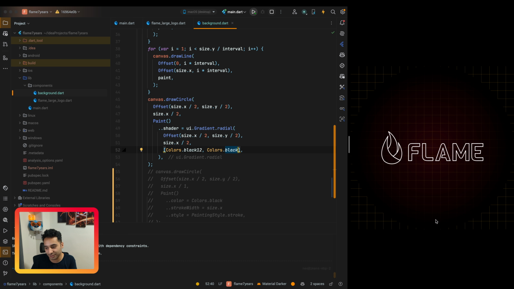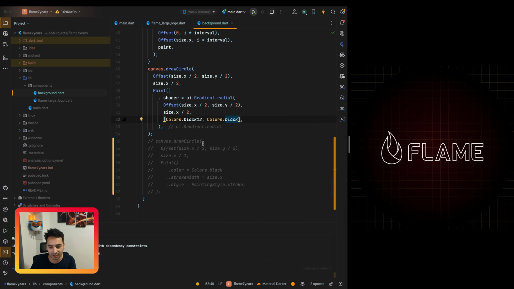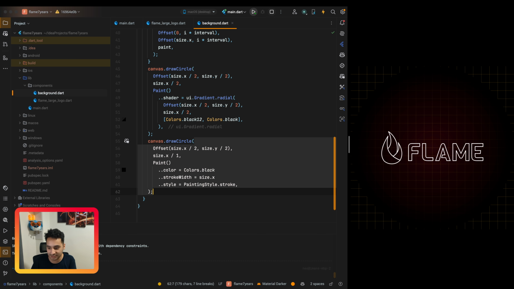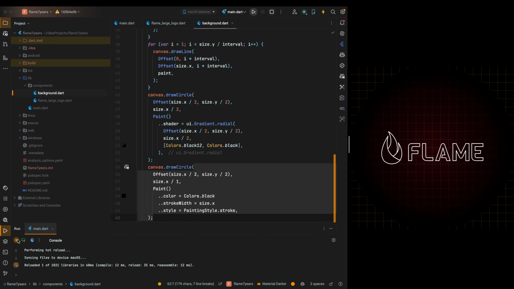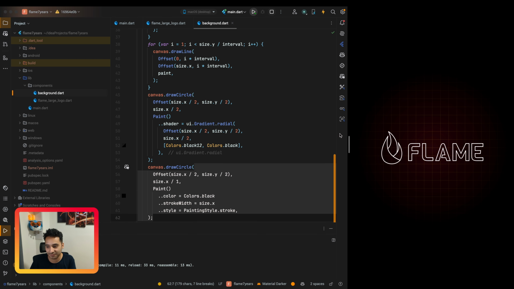And after that, I needed to add another circle to hide these lines around it. And this is the last circle. So as you see here, we have this beautiful shape that shows the background. And in the next step, I wanted to have some points inside the logo that I can run the flame or fire animation on them.